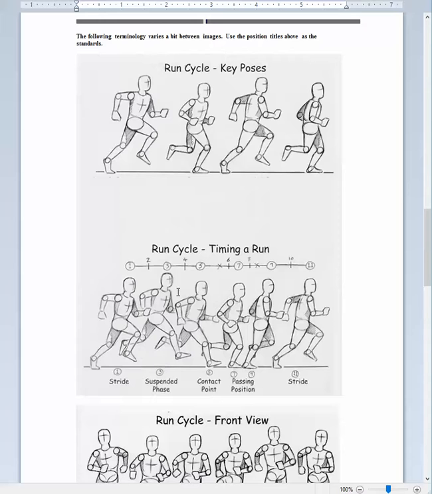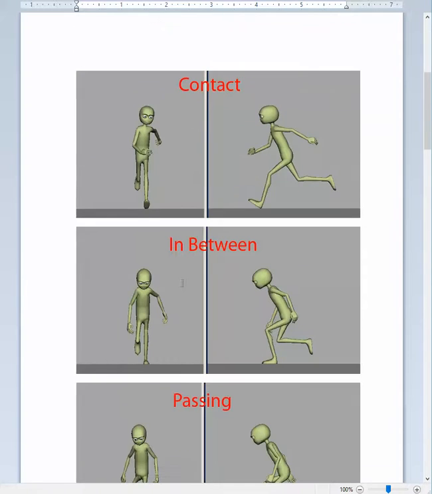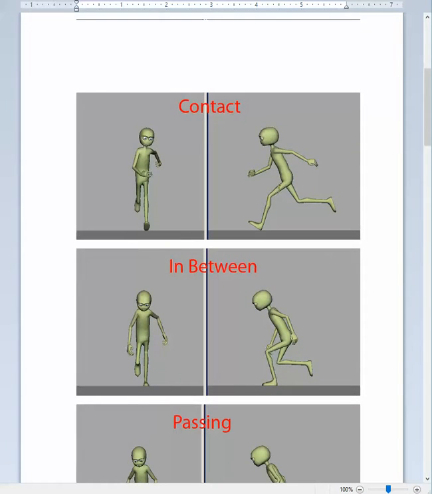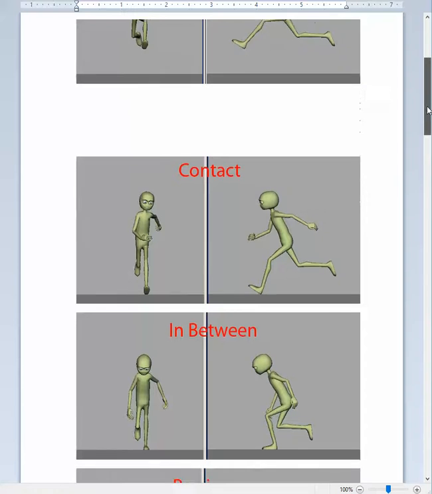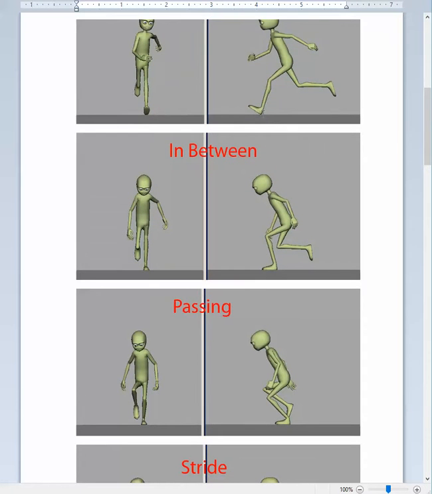The legs have a bigger stride, and you can see that on all of them. So after the suspension, you get the contact. That's when you land, basically. All right, that's your first landing, and as you can see, it's a very similar pose. It's just a rotation down. You maybe bend a little bit slightly when you're starting to contact, and you land on your heel, and then